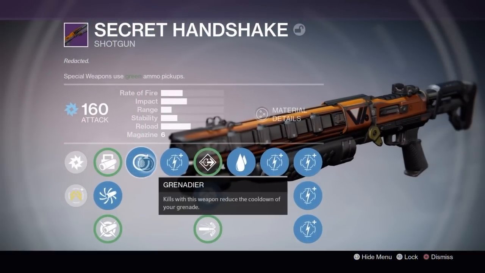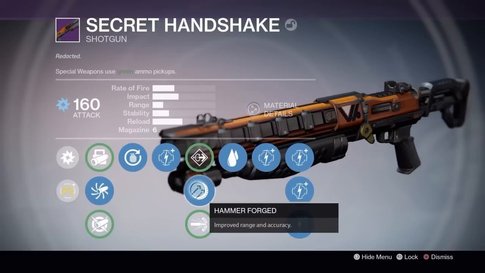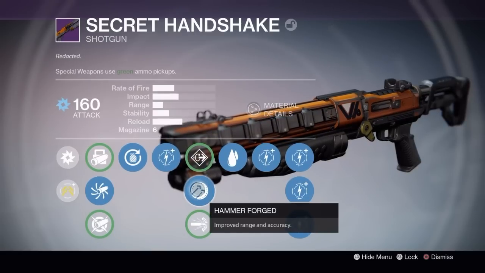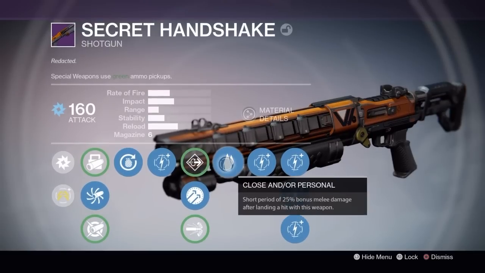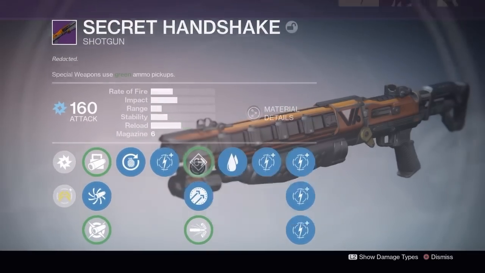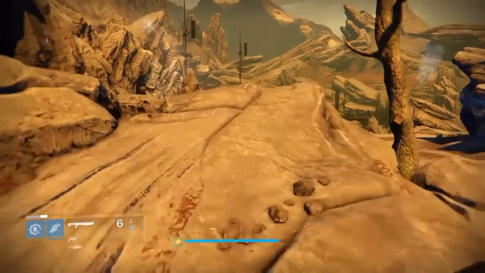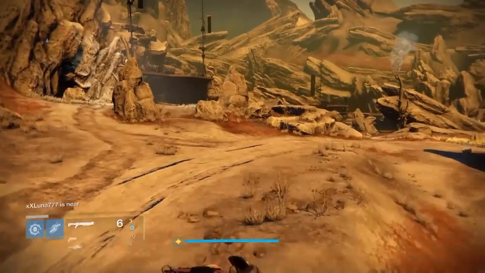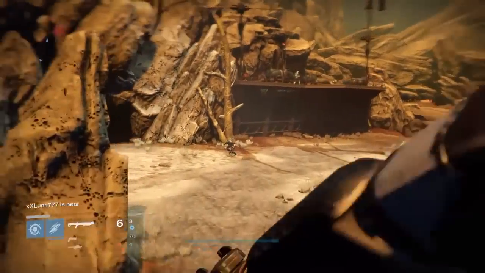Now first things first, we've got a little bit of a bonus extra. This secret handshake really shouldn't be classified as rare because it was actually sold by a vendor back in year 1. And it had Hammerforge, and this perk right here, it is shot package. Well, not anymore. Sadly, it got retrofitted. Shot package no longer is on shotguns, but this thing used to have Hammerforge and shot package long before the